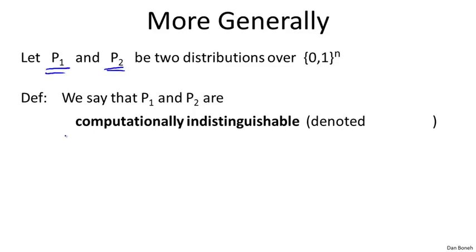We'll say that the distributions are computationally indistinguishable, and we'll denote this by P1 ≈_p P2. This means that in polynomial time, P1 cannot be distinguished from P2, and we'll say that they're indistinguishable just as before, if for all efficient statistical tests